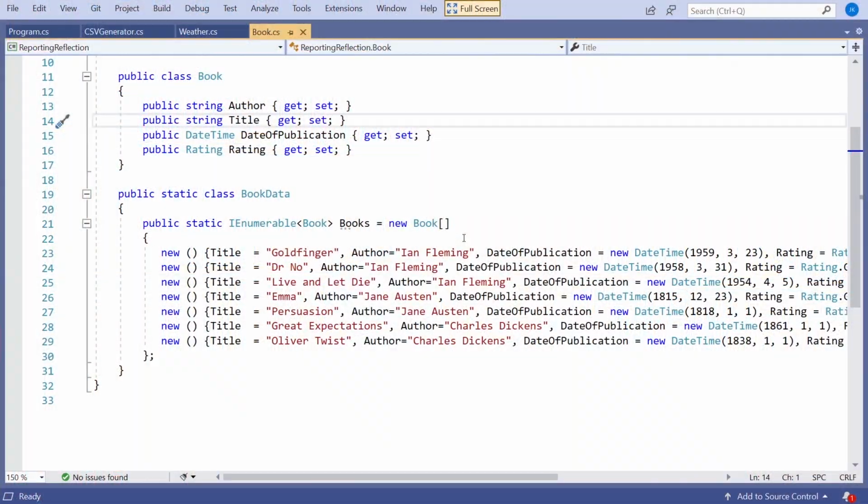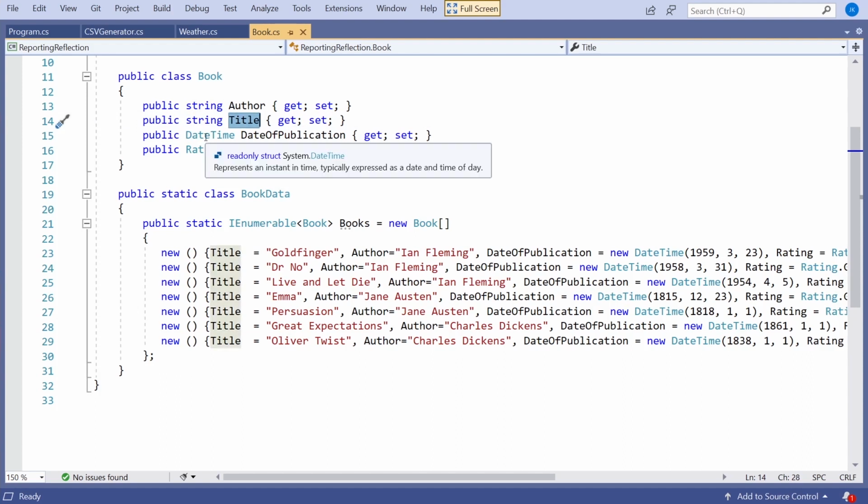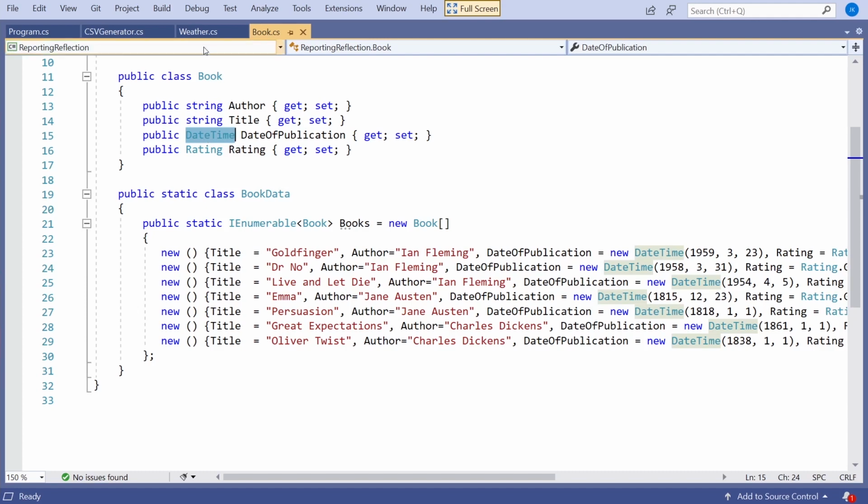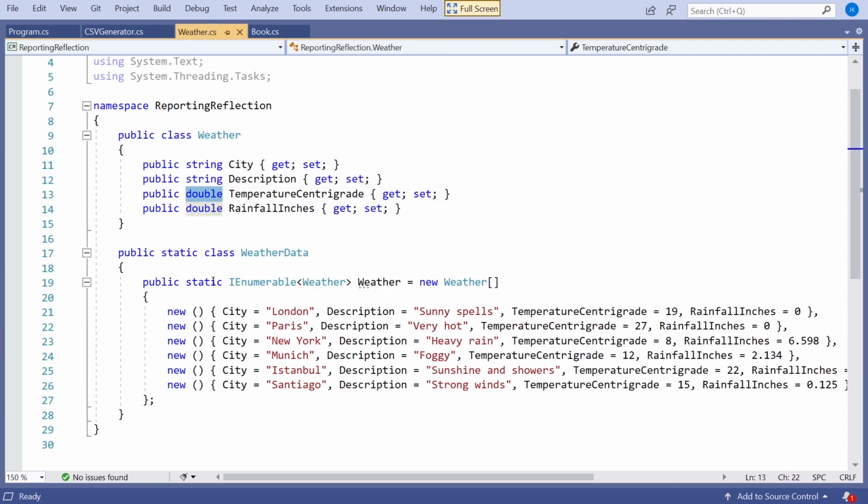And if we relate this back to what we were talking about in terms of attributes last time, the problem is that if we look at one of these properties, the only information that we have about these properties in terms of the C# programming language are the type and the name. So the fact that we've got this as a date time, that's the only information that's available. We don't know that it's a date time we want formatting for date or for time or whatever. If we look over here, when we've got a double, we only know that that's a double called temperature centigrade. We don't have any additional information such as how many decimal places we should display it to, or indeed adding a unit on there.